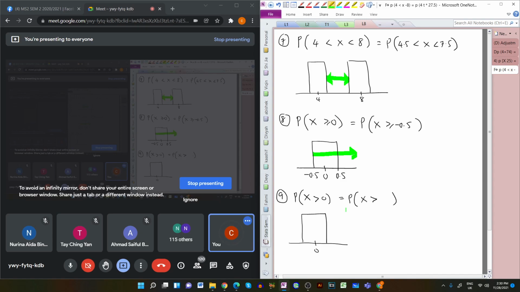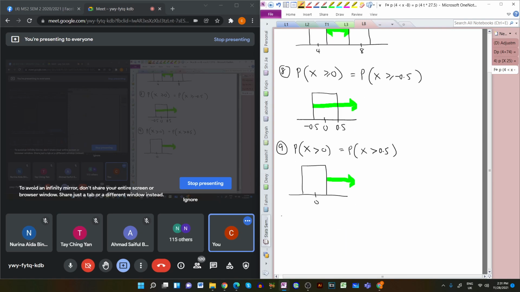No equal, the arrow goes to the right hand side, don't go inside the box. Equal,